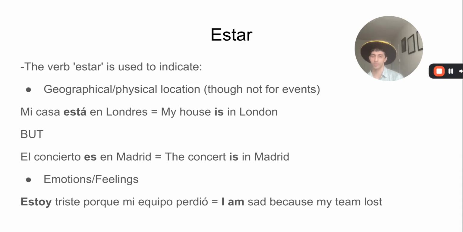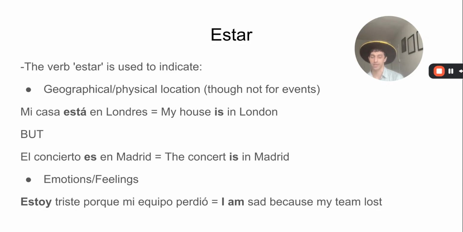The next use of the verb estar is for emotions or feelings, or temporary states more generally. So if you're expressing an emotion or a feeling, you would certainly use the verb estar instead of ser. For example, you would say, estoy triste porque mi equipo perdió. I am sad because my team lost. You'd say estoy triste and not soy triste from the verb ser, because feeling sad, that is an emotion, and